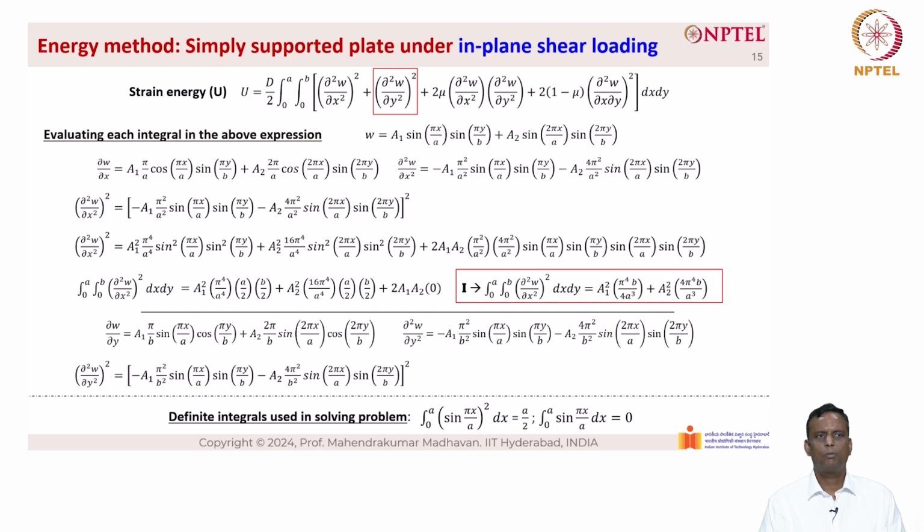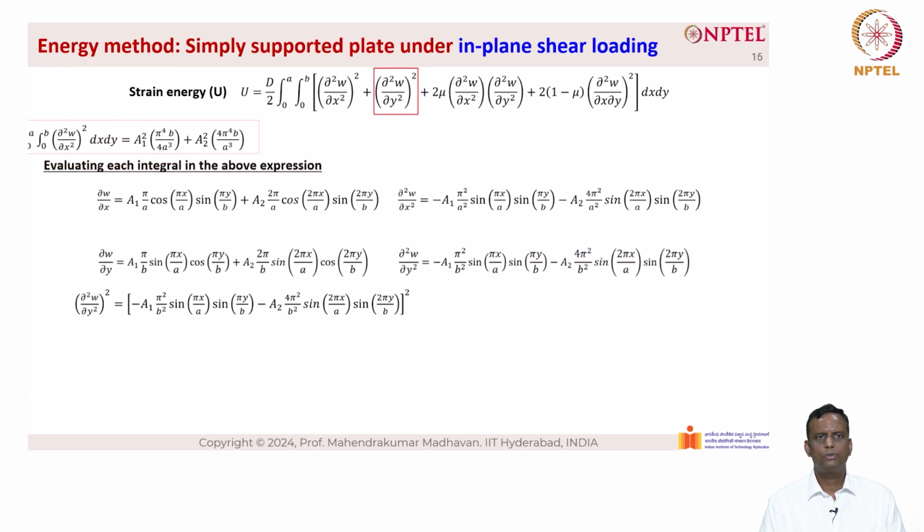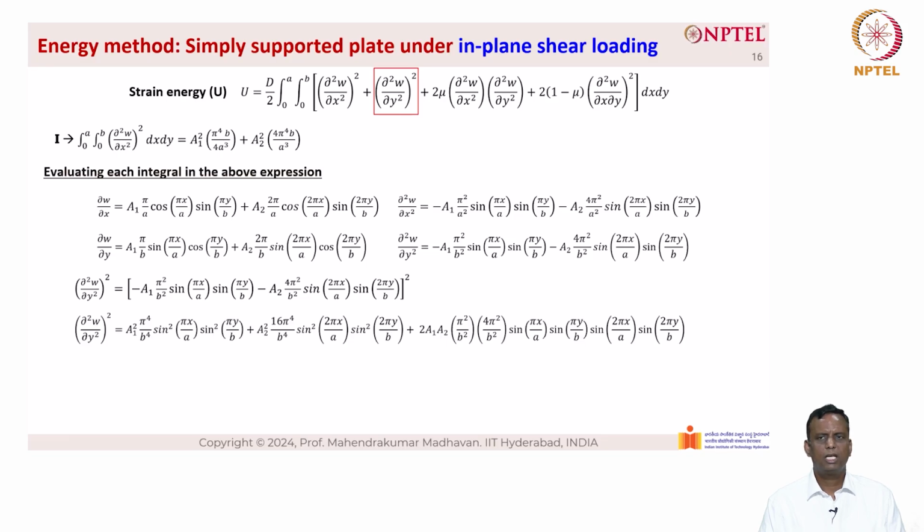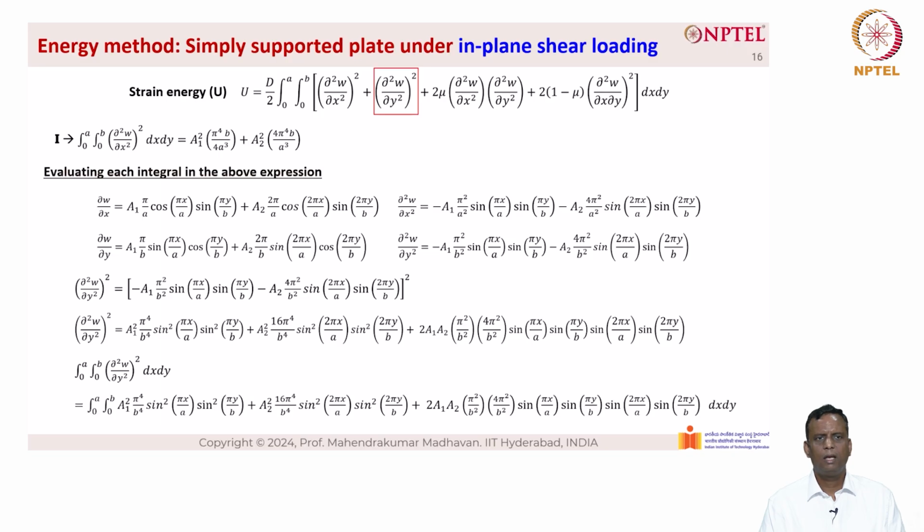So we have dou square w by dou y square the whole square equal to minus a1 into pi square by b square into sin pi x by a into sin pi y by b minus a2 into 4 pi square by b square into sin 2 pi x by a into sin 2 pi y by b. When we square it, we use the formula a plus b the whole square equal to a square plus b square plus 2ab. When we expand it, we get a much bigger term, as you can see here, and we introduce the integral, which is 0 to a, 0 to b, dou square w by dou y square the whole square into dx into dy, and we get the term that is shown here at the bottom of the screen,